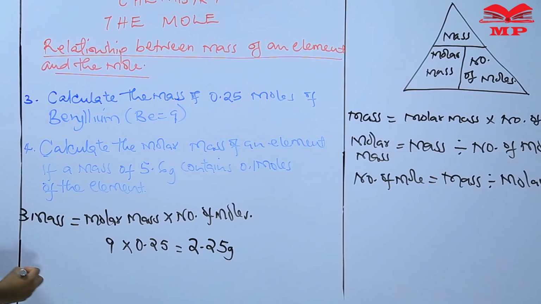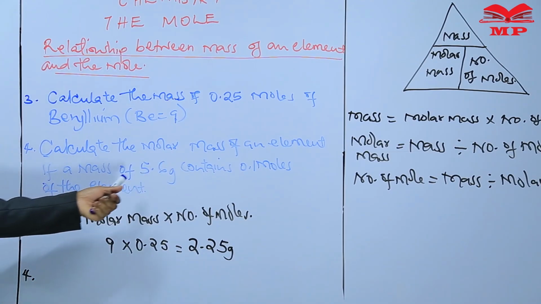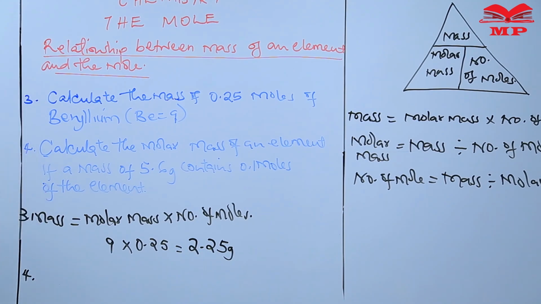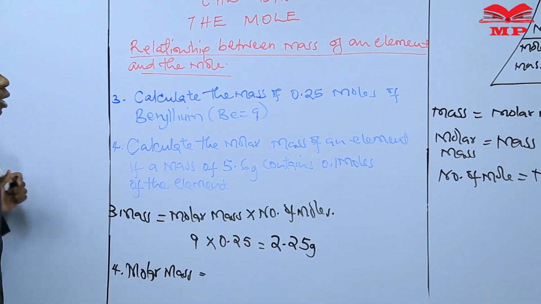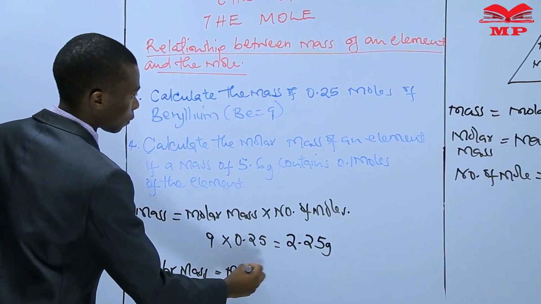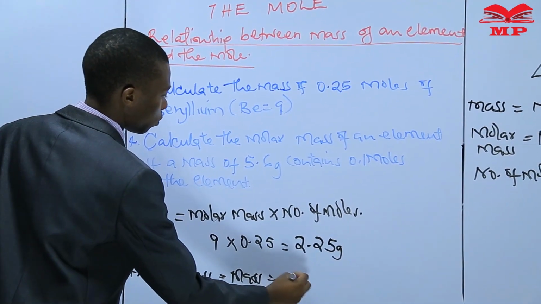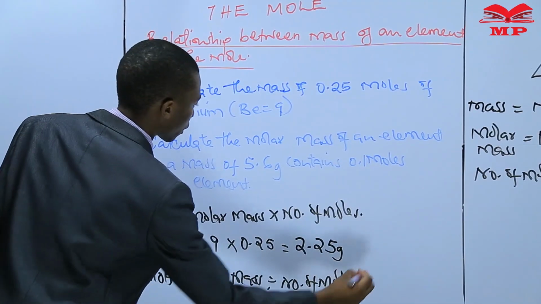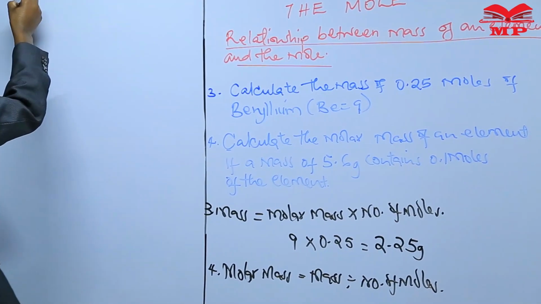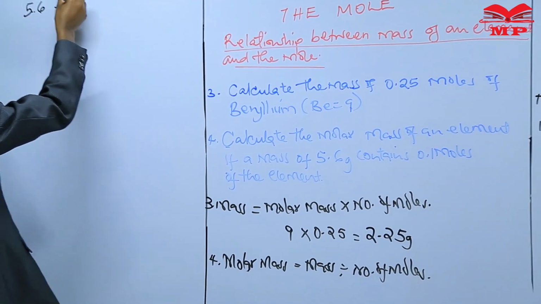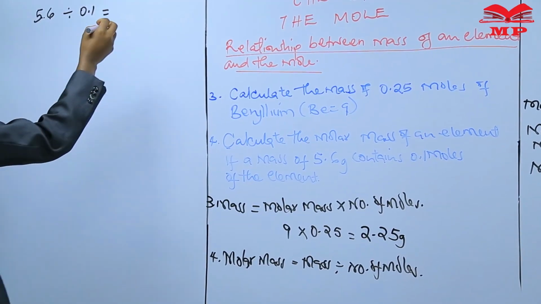In question number 4, you are calculating the molar mass of an element, if the mass of that element is 5.6 and it contains 0.1 moles. Therefore the molar mass is given by the mass divided by the number of moles. The mass is 5.6. You divide by the number of moles, which are 0.1, and you'll get this as